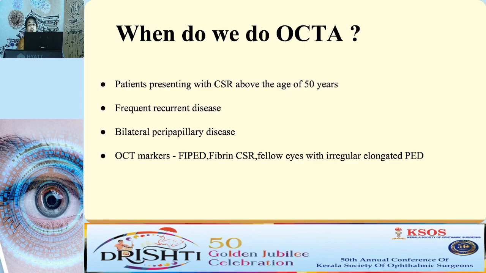So when do we consider doing an OCTA in a case of CSCR? CSCR patients who present above the age of 50 years. Frequent recurrent disease. In frequent recurrent disease, the persisting subretinal fluid might be because of the underlying CNV. Bilateral peripapillary disease. Many a times, peripapillary disease clinically presents as neurosensory detachment, but there might be an underlying PCN which is missed. And there are specific OCT biomarkers which will tell us to do an OCTA in CSR,